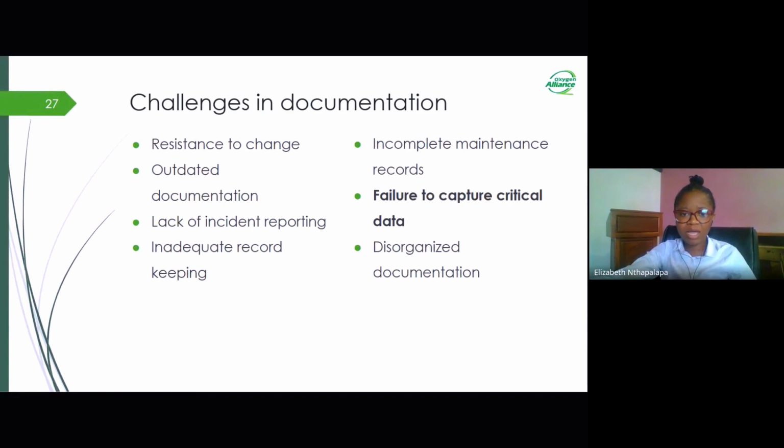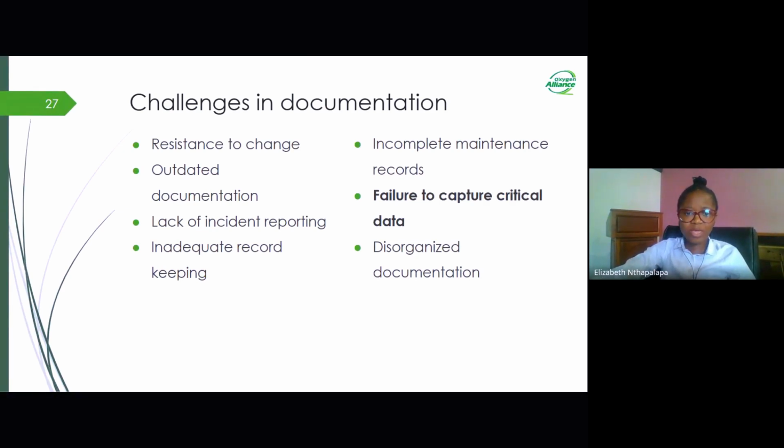But because it is hard to access, for example, from an oxygen concentrator, let's say the ones that just show oxygen concentrator, it is hard for you to get information like the brand, the model, and even other important information that needs to be recorded in the maintenance workshop. So this one is also a challenge as it is crucial in the usage of that machine.